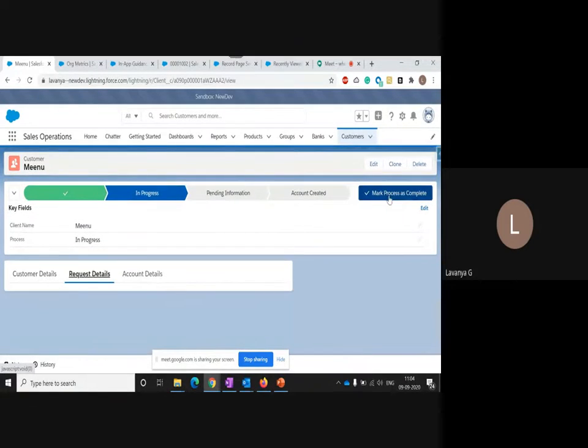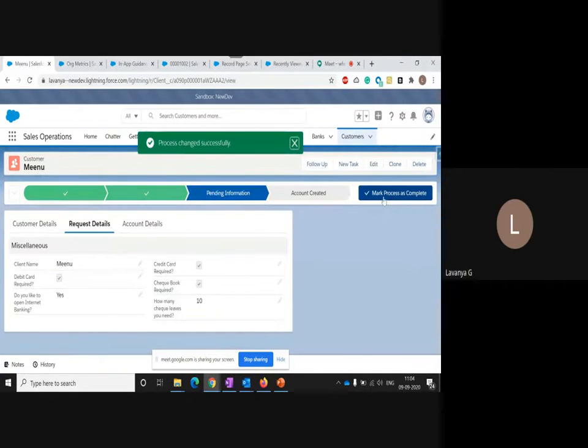We'll go into the next one. Okay, if you notice, I have opened up the request detail fields and the key fields are hidden. And if you notice my highlight panel, there are two new action buttons, new task and follow up.